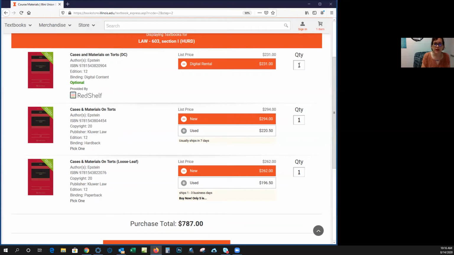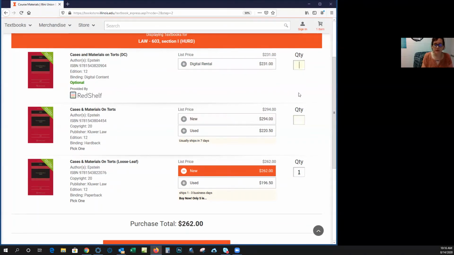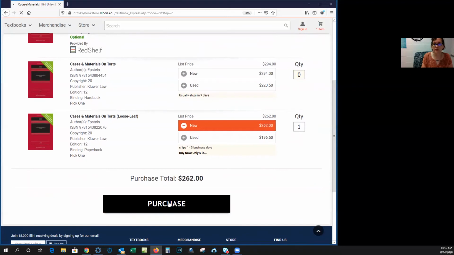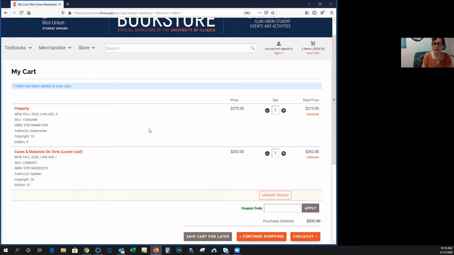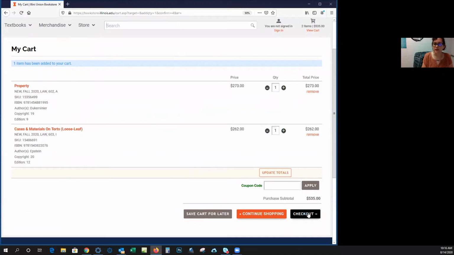So then I'm going to go ahead and say, I prefer the paperback. That is a cheaper option. And so then I'm changing those quantities to 0 and leaving the paperback as a quantity of 1. And then you can go click Purchase. And again, now we're at the shopping cart. If you had another course, you would add it. But if you're ready to check out, then you click on the orange checkout button, and that will bring us